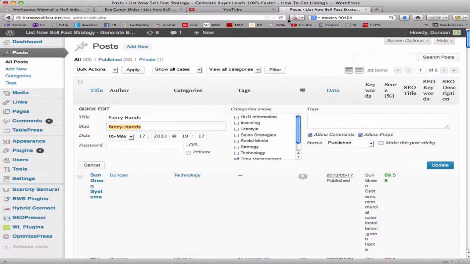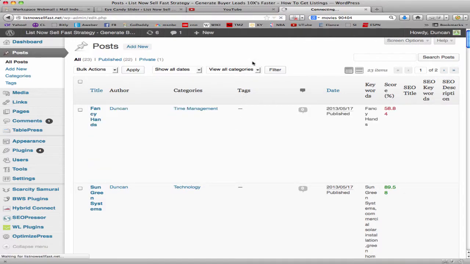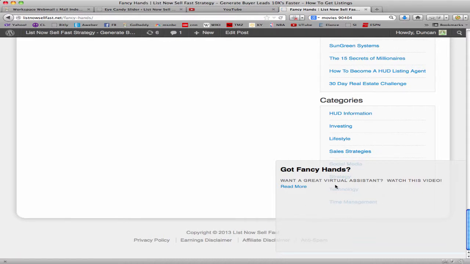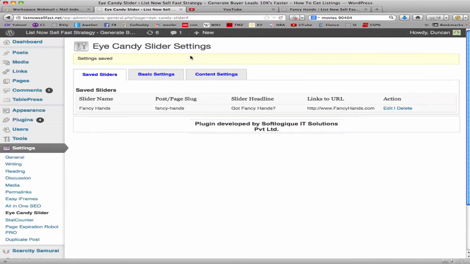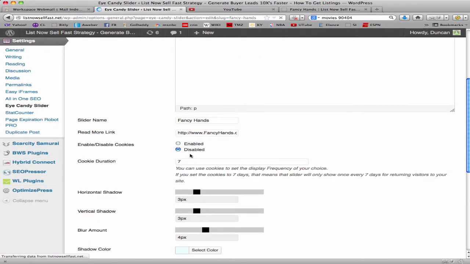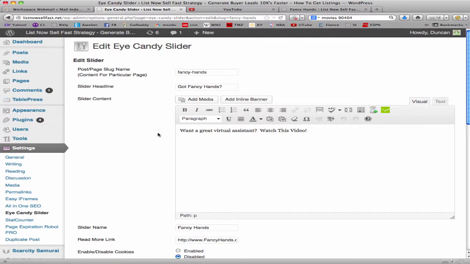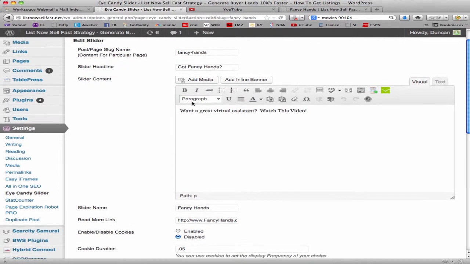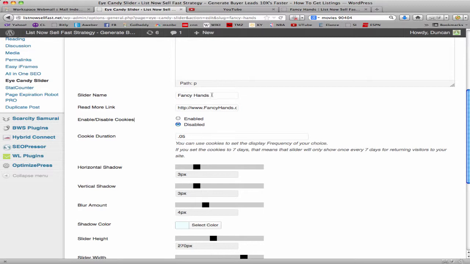So let's go over and look at, we're going to view this. So we'll scroll down. There's the default settings. Now you can fully customize this, so let me show you how you would do that. So we're going to go into the edit window here. We are still in beta, so the cookies are still not working correctly, but that should be fixed by the time you have your hands on this. So basically, if you have your post slug up here, which tells iCandy Slider where to put this particular slider. We have your headline, your content here, the slider name, this is only for your use, your read more link,